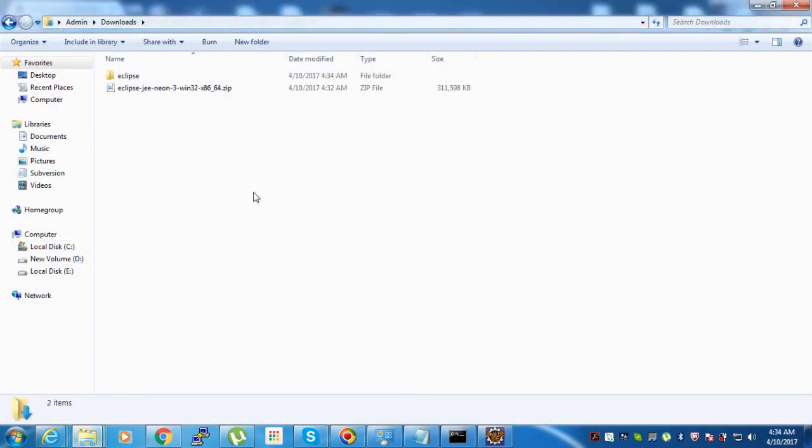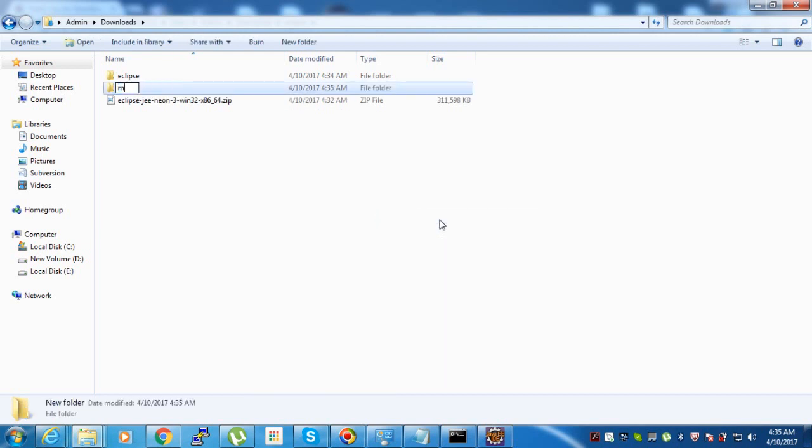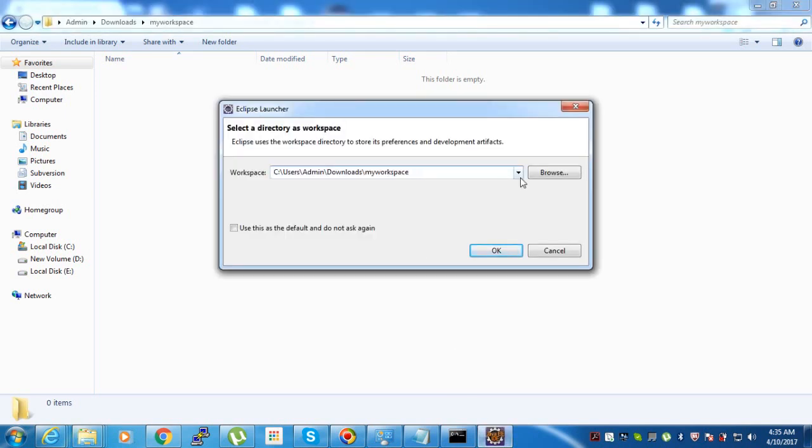In Downloads only, let's suppose we are creating one folder, say my workspace. Now we take the path of this folder, provide it in the workspace field, and click OK.